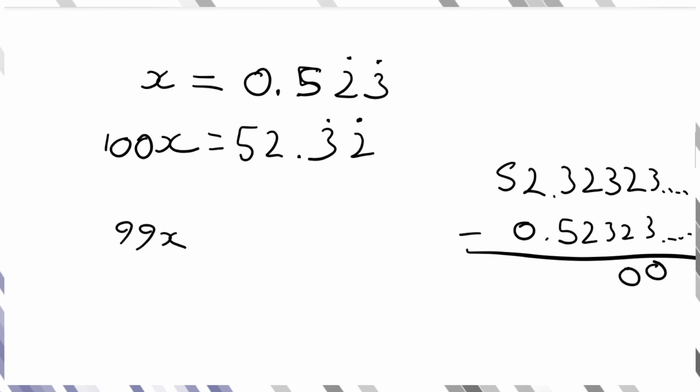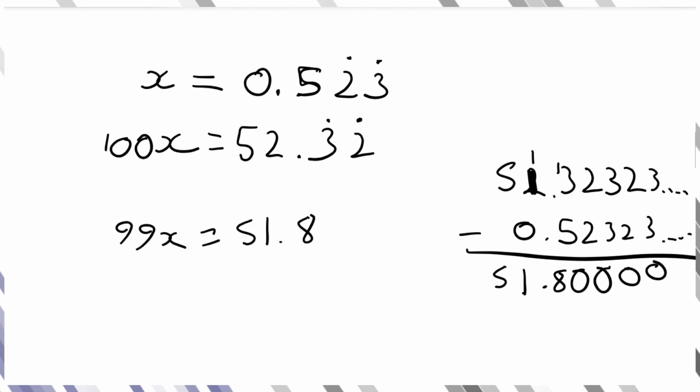If we did 10x, we'd have 2 take away 3 and 3 take away 2, and it would be a bit awkward, and it would still be a recurring decimal. So 3 take away 3 is 0, 2 take away 2 is 0, and then 3 take away 5, we have to borrow 10, so we'll make that 13, and the 2 drops down to a 1. 13 take away 5 is 8. And then 51 take away 0 is just 51, so we have 51.80000. That's 99x,